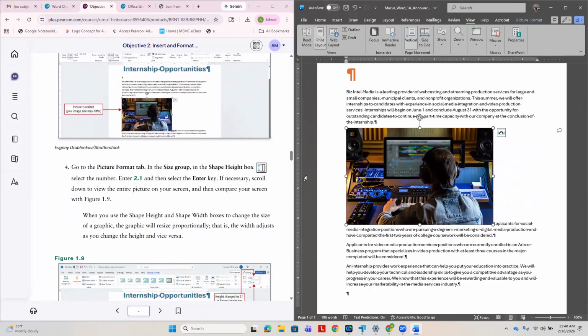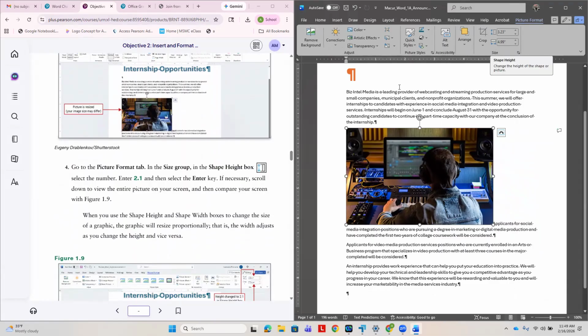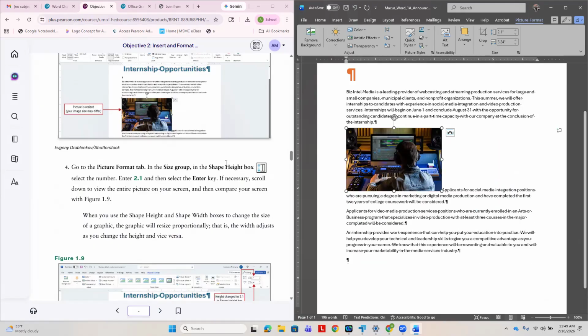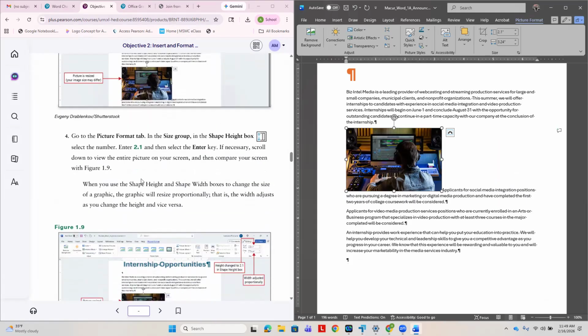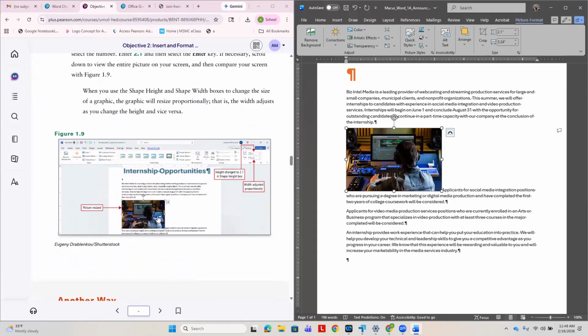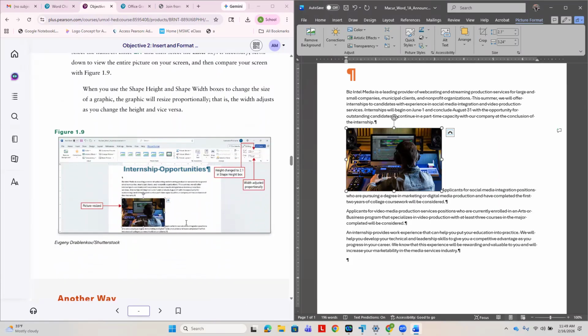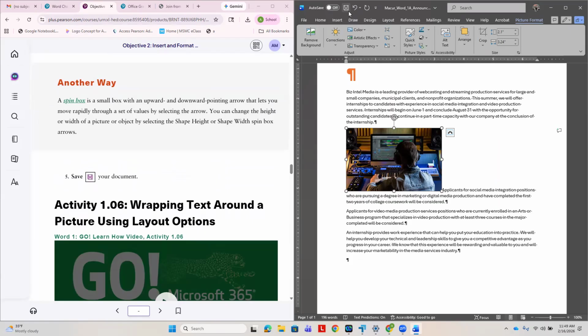Now we're going to change the size of the picture. So we're going to go to picture format, and the size section here. We're going to choose the shape height box and add a 2.1 here, and enter. You see our picture has changed size. We're going to save. Now we're going to wrap text around this picture to make it more like a book